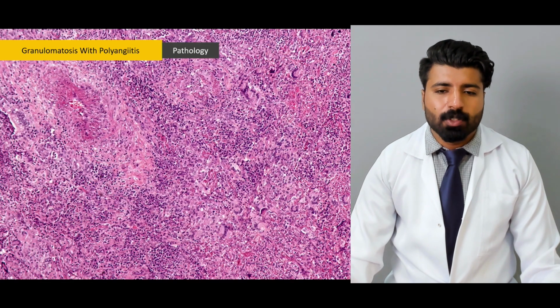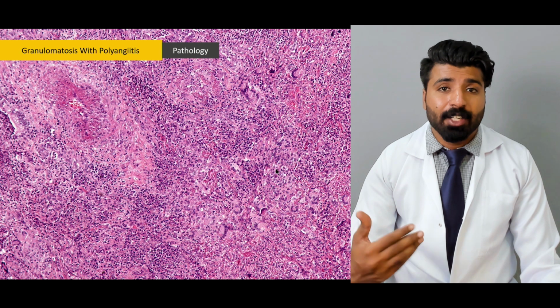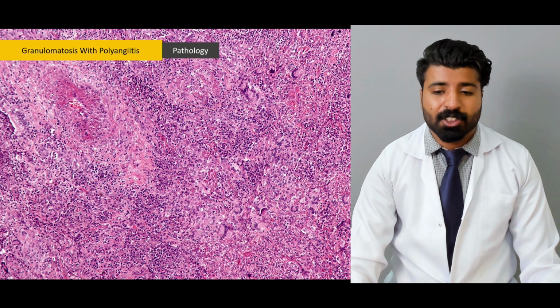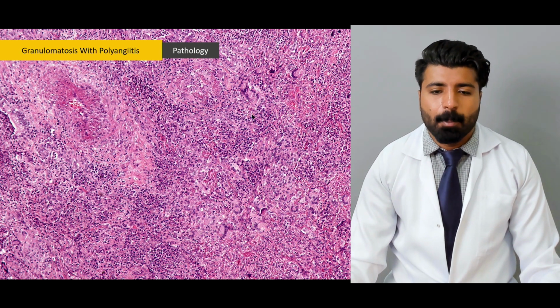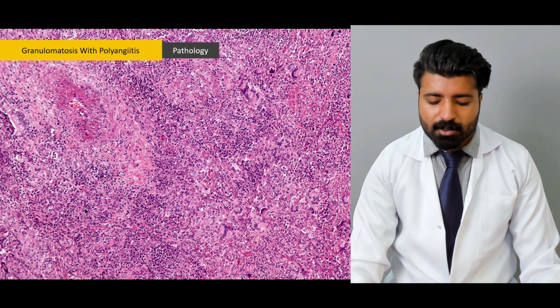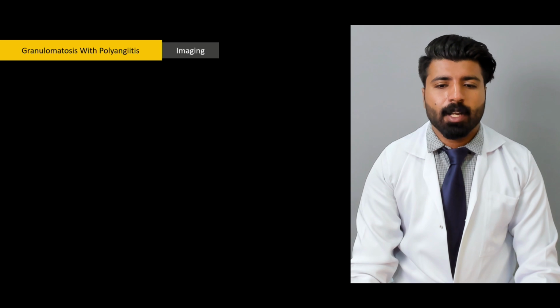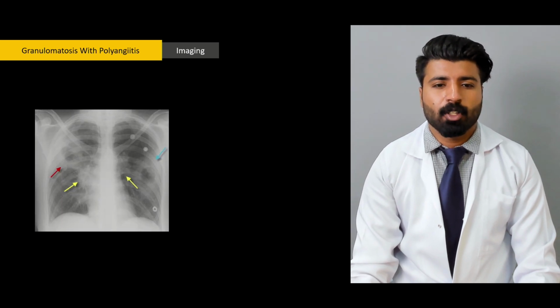So this is how it looks on a pathological slide. You can see the granuloma, you can see the hypercellularity, you can see the infection happening inside of it, you can see the engorged blood vessels, you can see multiple bleeding sites in this slide. So you will be looking at what the radiological slide will be of the patient who is suffering from granulomatosis